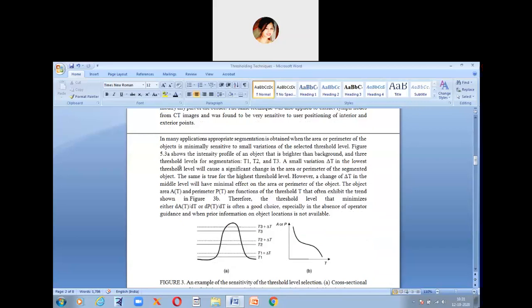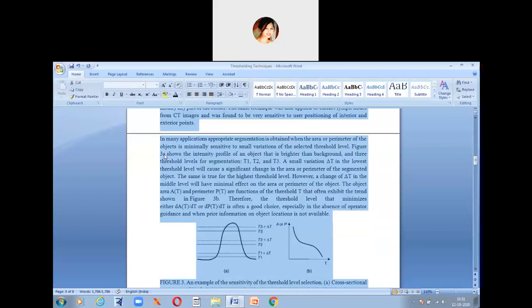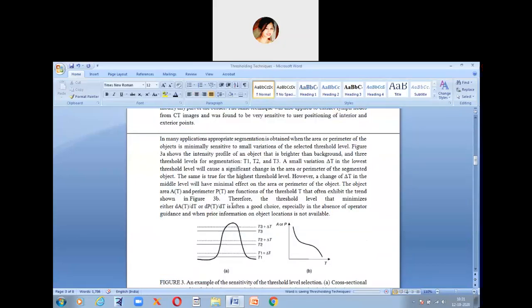Suppose in figure 3a it is showing the intensity profile of an object. They are taking an object that is brighter than the background, and 3 threshold levels for segmentation, T1, T2 and T3.